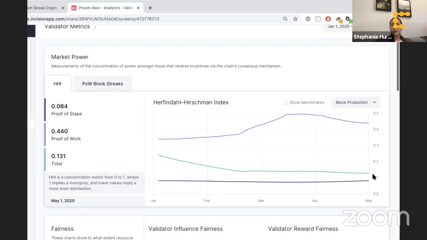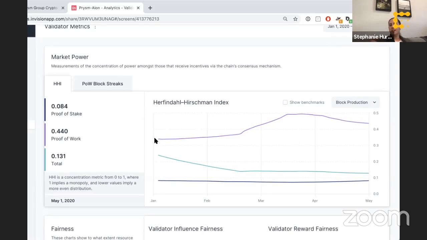And so what we've been able to do here is to compute the HHI for the proof of work chain. So if we look over the past 90 days, how concentrated has block production been for the proof of work blocks, how concentrated has block production been for the proof of stake blocks, and what if you put this together? So this purple line here is the HHI for the proof of work blocks, and you can see that it's ranged between 0.35 and 0.5. So this is quite a high number, and this is one of the reasons, and Sam will talk about this more, that the OON